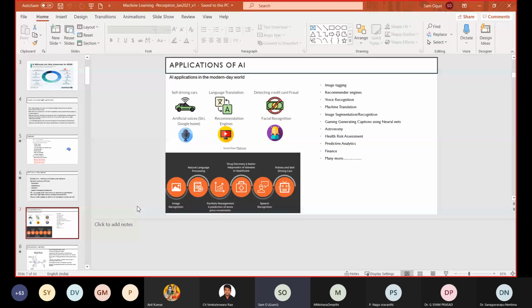The same with detecting credit card frauds. For example, the credit card companies, whenever they notice any outlier. For example, you have been using your credit card for a few thousands every month, 10,000 or 5,000, 2,000 for your regular use. If any credit card company finds a transaction that is all of a sudden 1 lakh, then the system will automatically flag